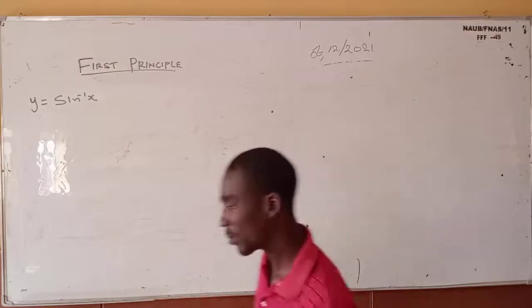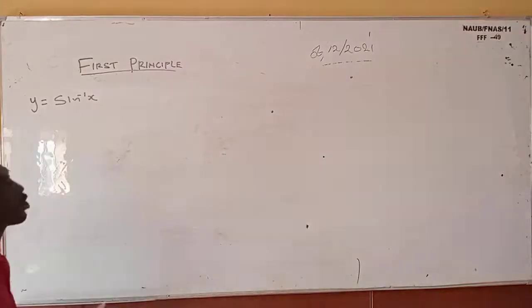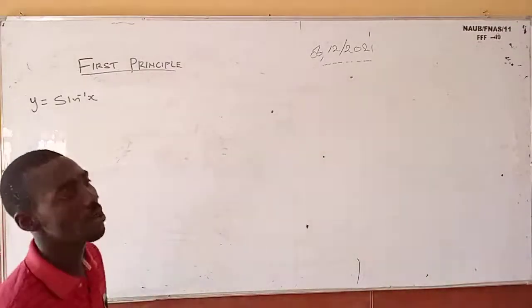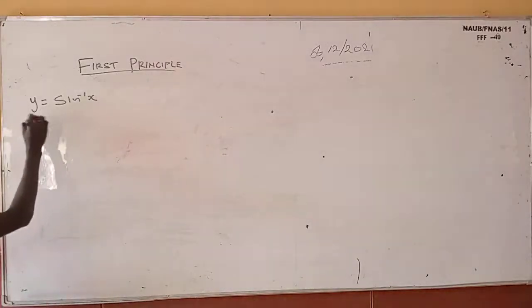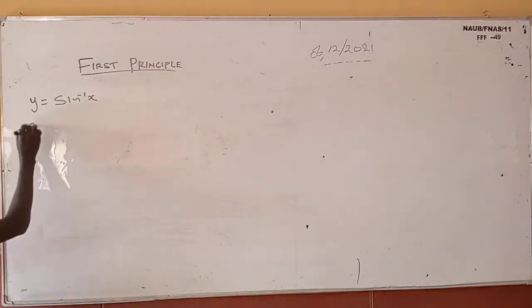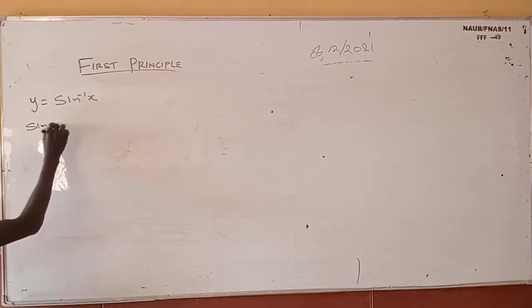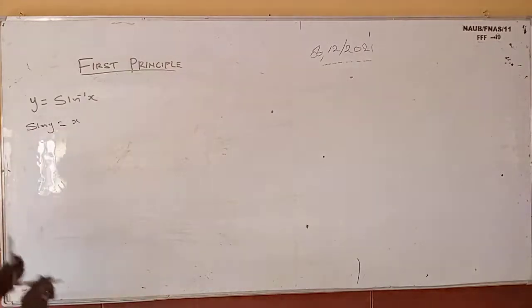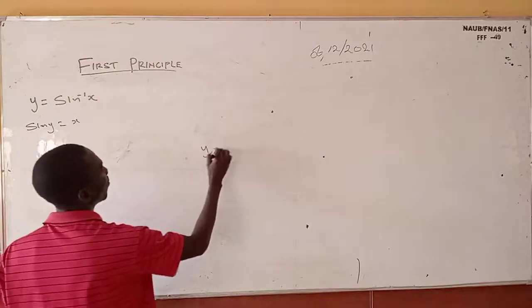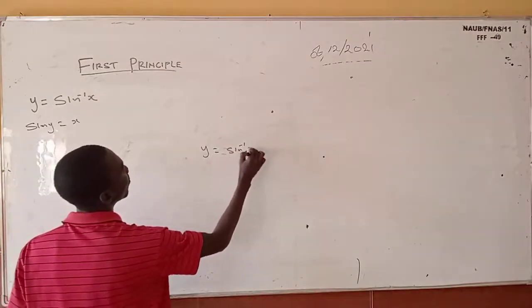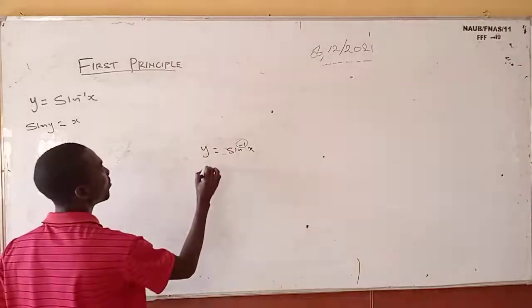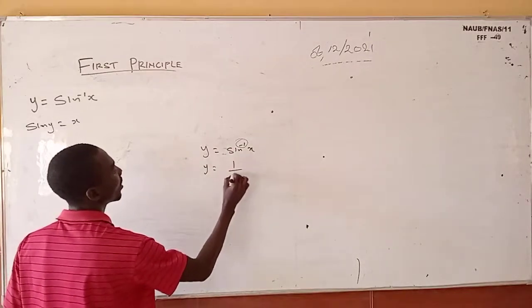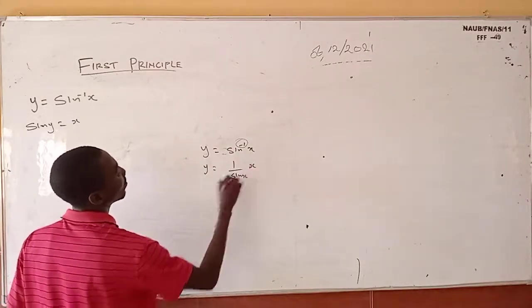So now, we are having y equals sine inverse of s. So you should know by now that y equals sine inverse of s is the same thing as sine y equals s. How do we arrive at this? Y equals sine inverse of s. In indices, this negative one simply means y equals 1 all over sine, then multiply by